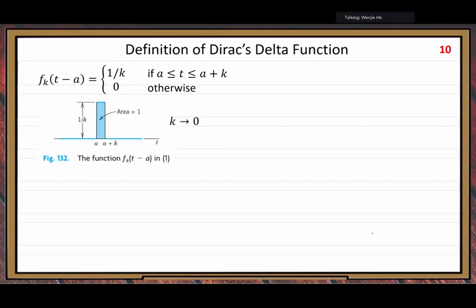So in this way, the function can be defined. This f_k function can be defined. Although the shape is very weird, the function can be defined. No problem with the definition of the function. But the question is,